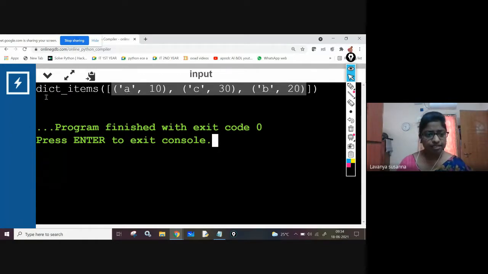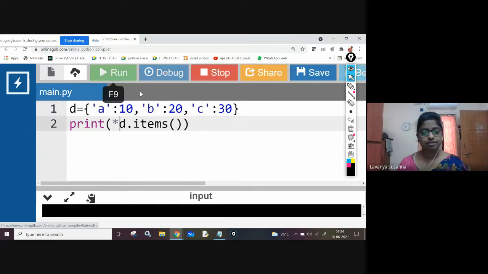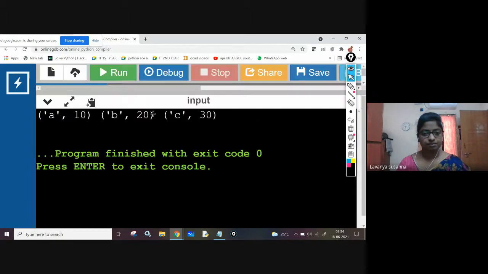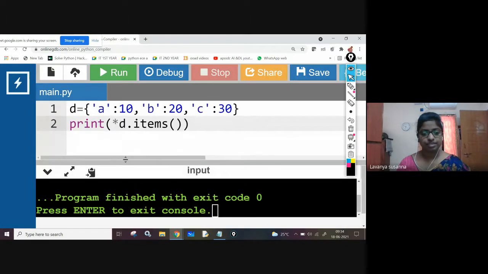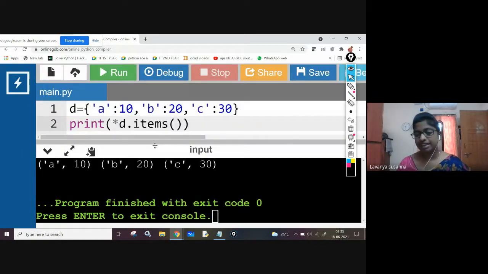Before this, it is displaying like dict_items, right? If you don't want it displayed like this, then you need to use star D dot items. See here, like this you will get it. Okay, this is items. Once again, see how you are retrieving the key-value pairs as tuples.